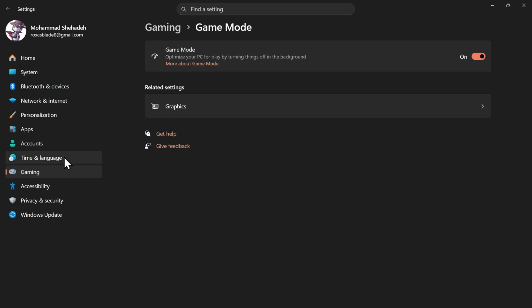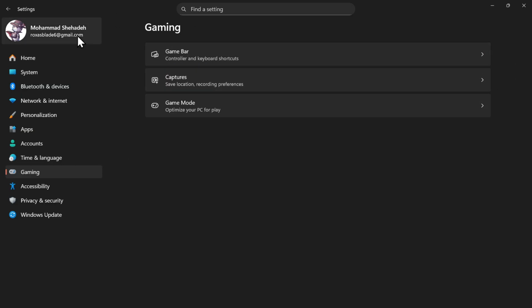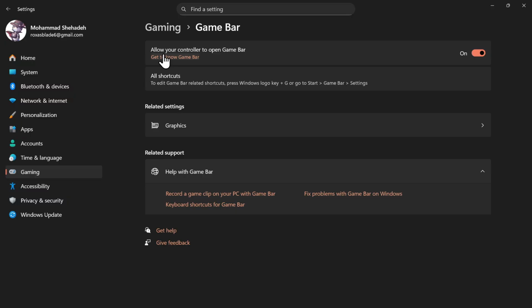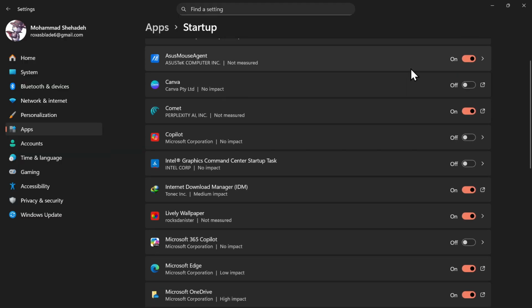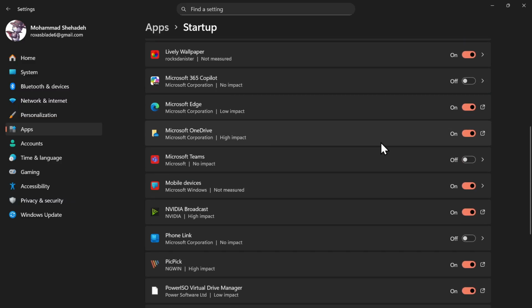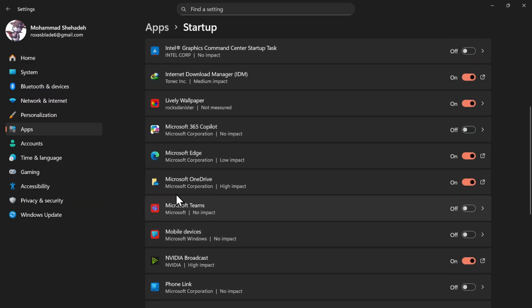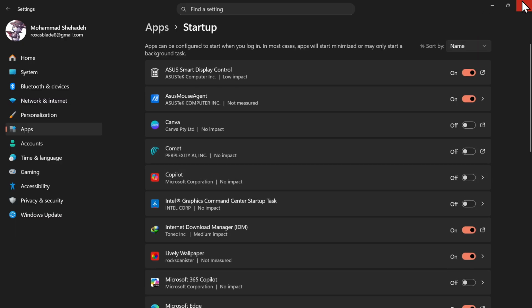After that go back and go to game bar and turn off allow your controller to open game bar. Now you need to go to apps and make sure that startup apps is turned off. So you need to go to the startup from here and make sure that any app that you don't want to start up, that will actually lower your performance, to be turned off. So after you turn off all the apps that you don't need to turn on,